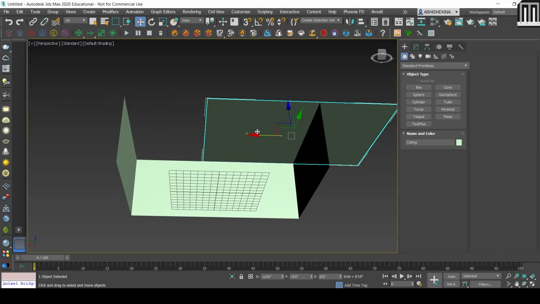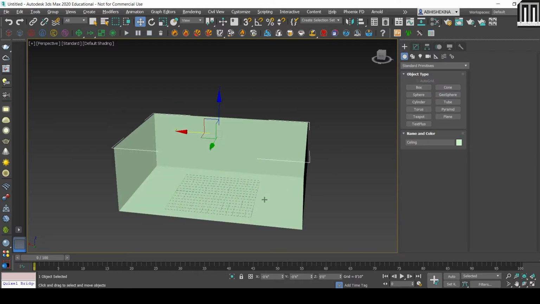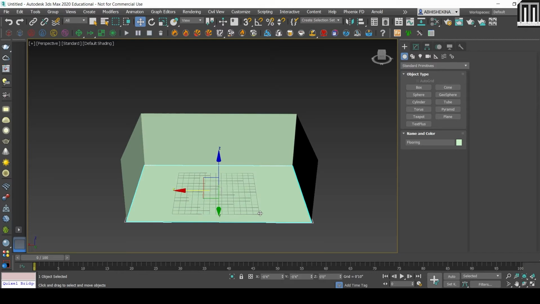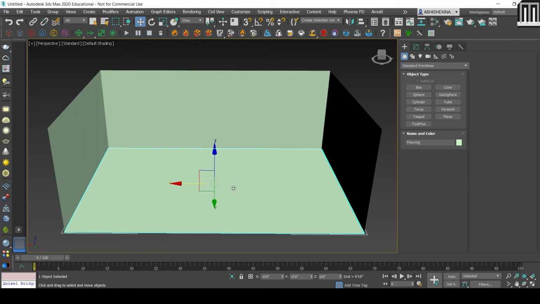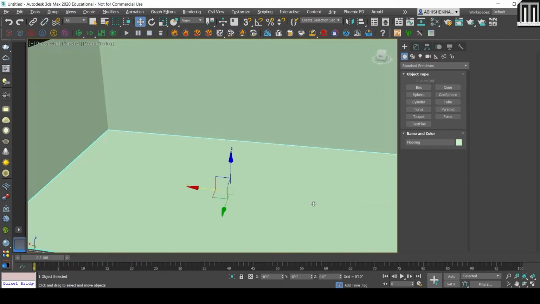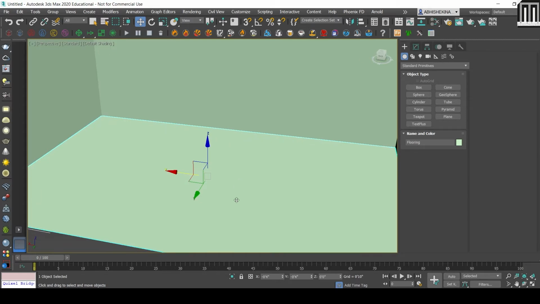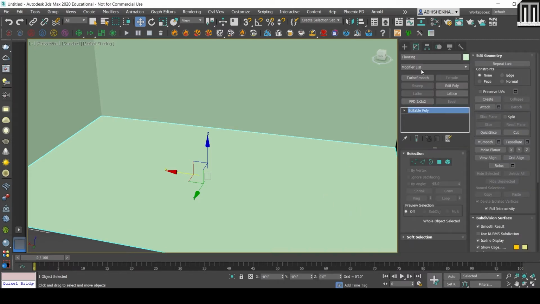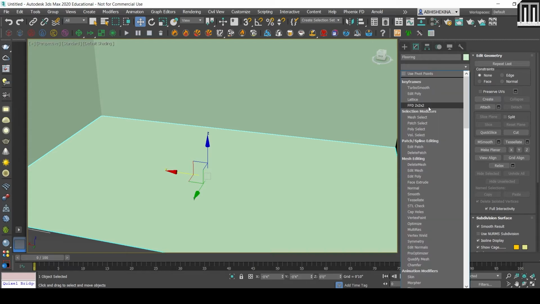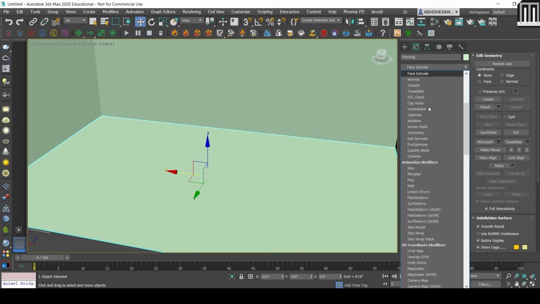Now each and every object has its own pivot point, its own center point, so we can rotate it. In case you want, we can do that, but it is not recommended that you have your pivot point somewhere else and your object somewhere else. So it's actually a good practice. Always we have to set the pivot point perfectly.